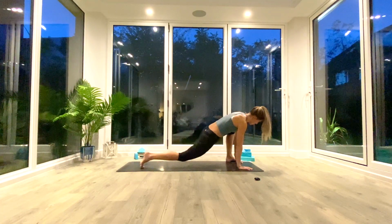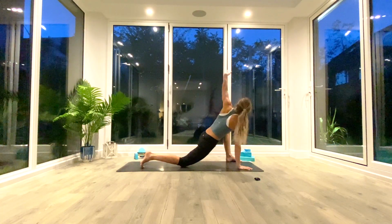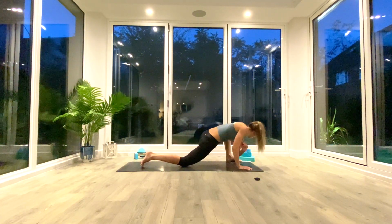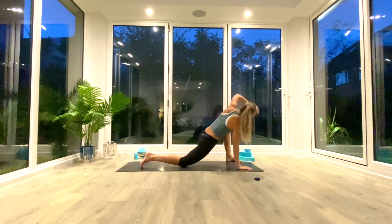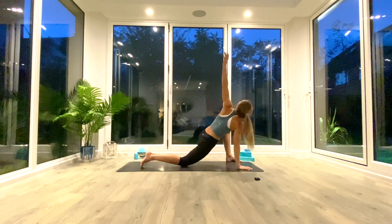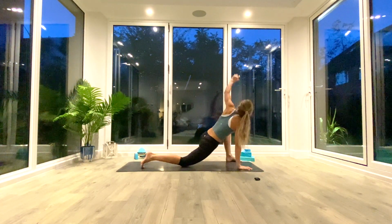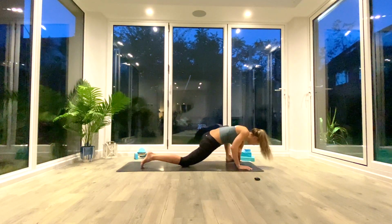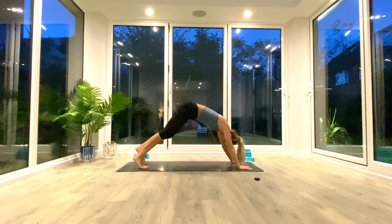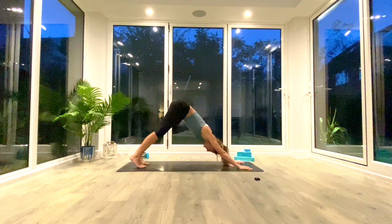So left foot comes through, back knee comes to the floor, inhale to lift and twist, exhale, elbow to the floor. Try and keep those toes glued to the floor as you do this on that front foot. If you can't touch the floor with your elbow, don't worry. Just give it time. Keep practicing. Last one. Replace the hands, step back to down facing dog, pedal out the feet, and we're just going to